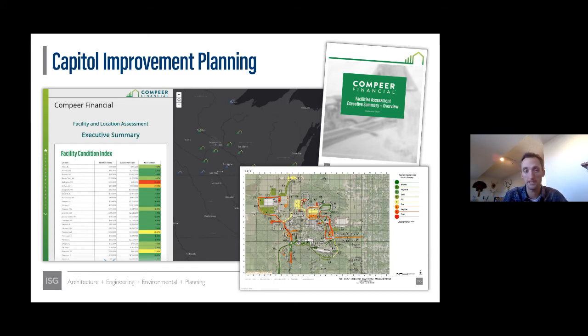Still, again, have the 360 camera, etc. And then the 2 pieces of it, focusing here for capital improvement planning on the facility assessments, any inspections that are done, improvements that are done. If we jump to the next slide here, Aaron,